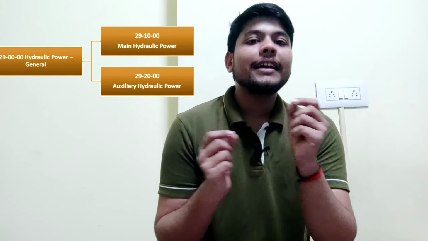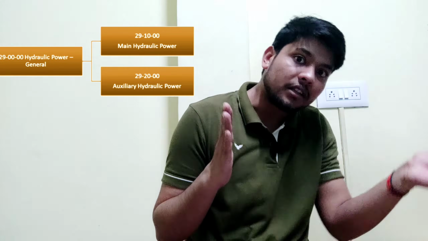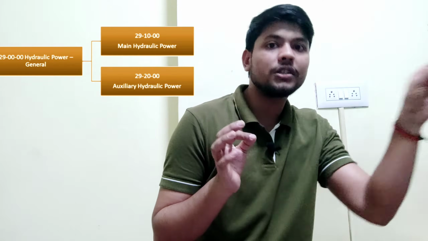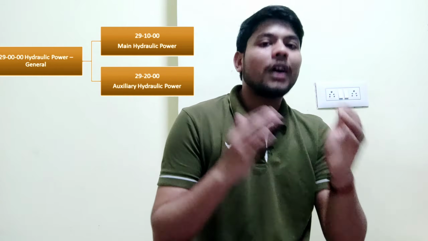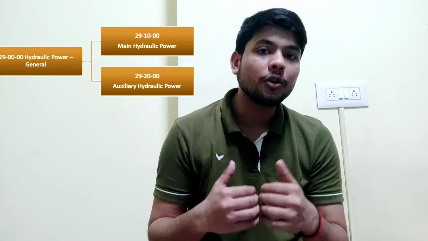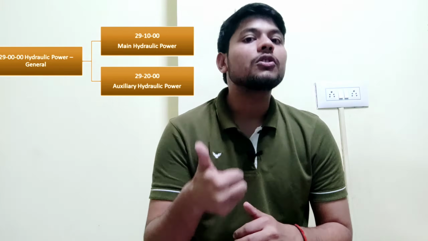It is just an example, you will get 2910-00. That means after this also you can go further, because 2910 is then also 00. So you can go inside also. I will tell you how. Inside 29 you will get 2910 and 2920. 2910 is the main hydraulic power and 2920 is the auxiliary hydraulic power. Main hydraulic power means all the power coming directly from the aircraft's main hydraulic systems. Auxiliary means if the main system fails, the backup power that we have is our auxiliary power.